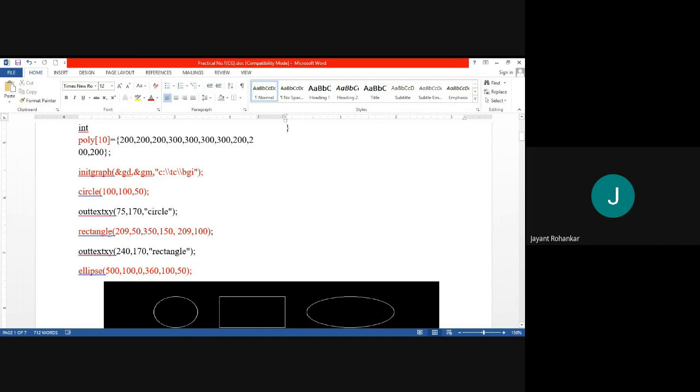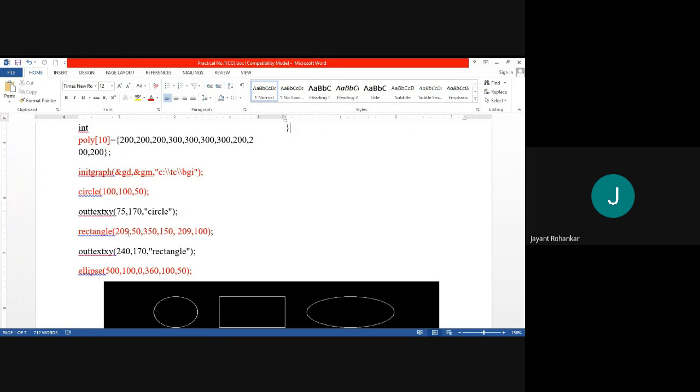The rectangle function is used here with 209, 50, 350, 150, 209, 100. These are the values we need to give for the vertices or endpoints of the rectangle.